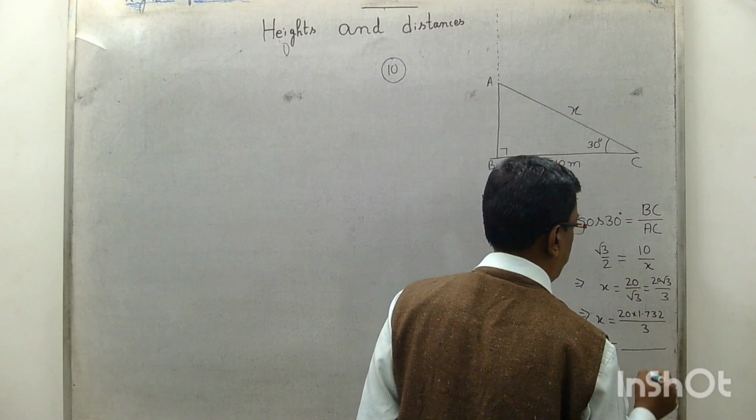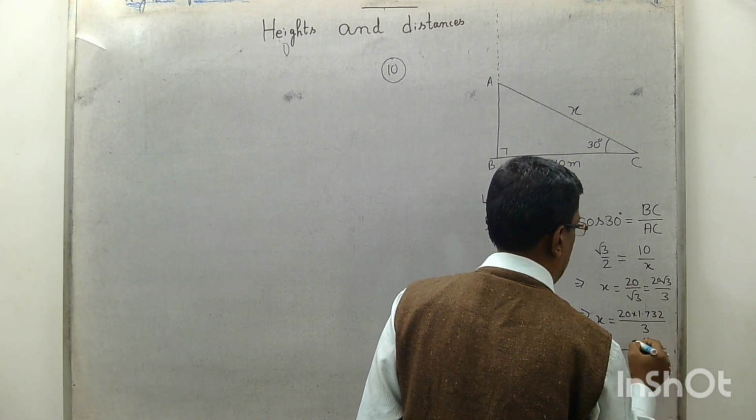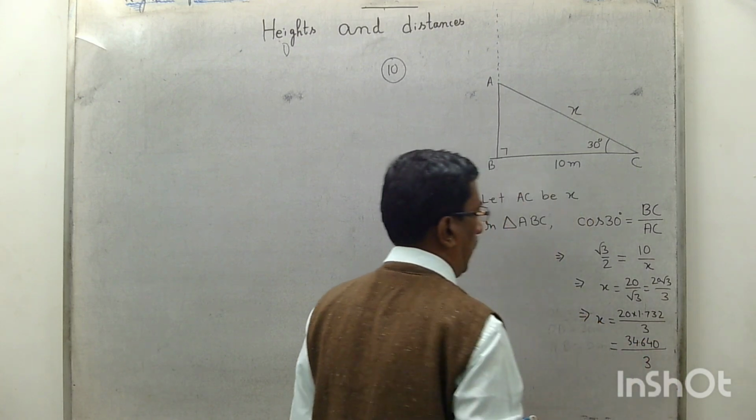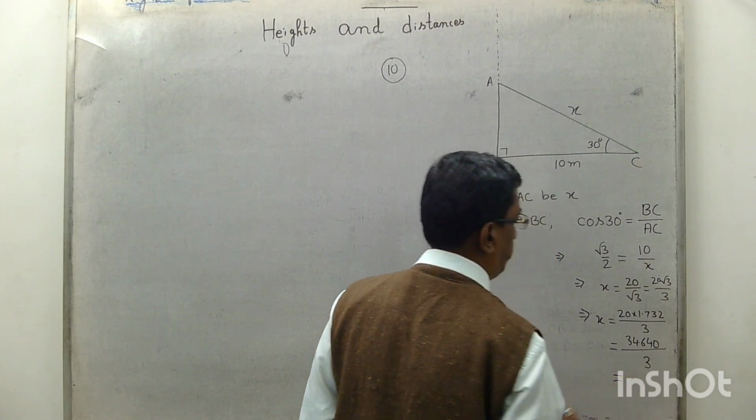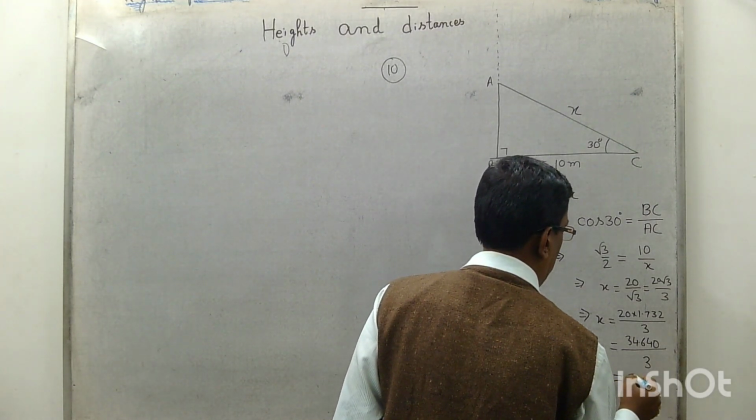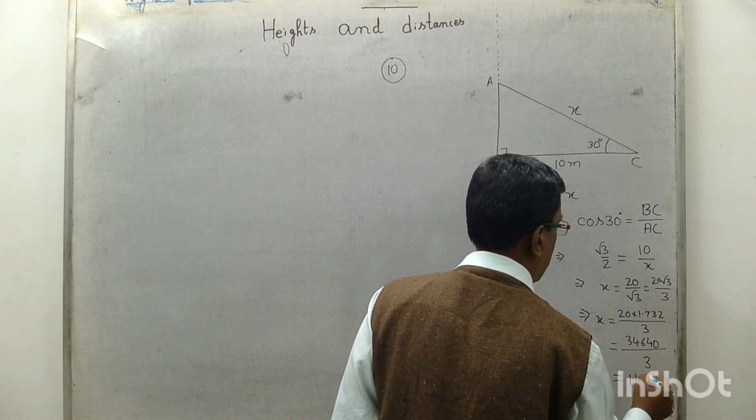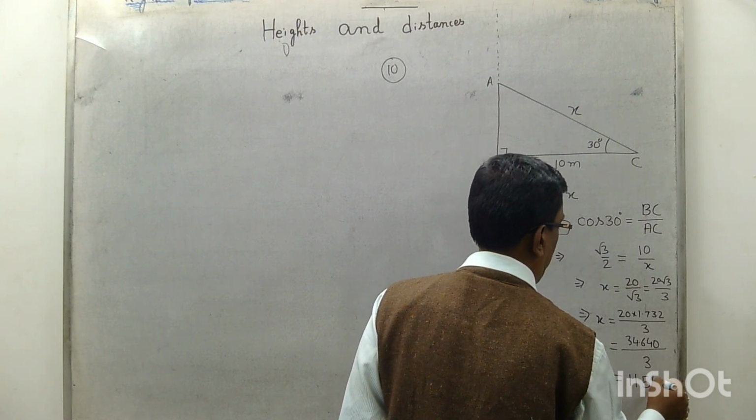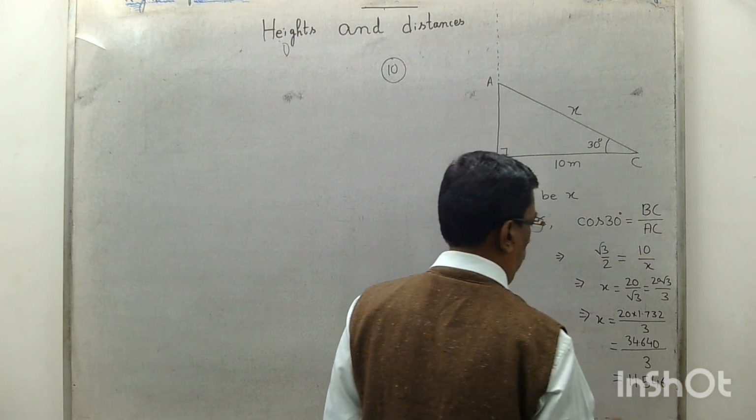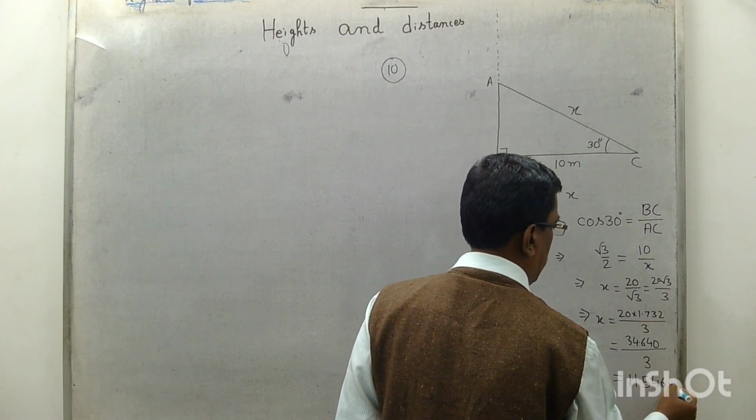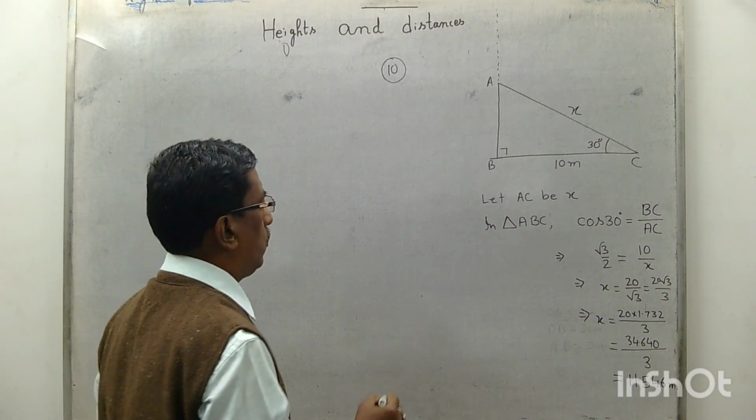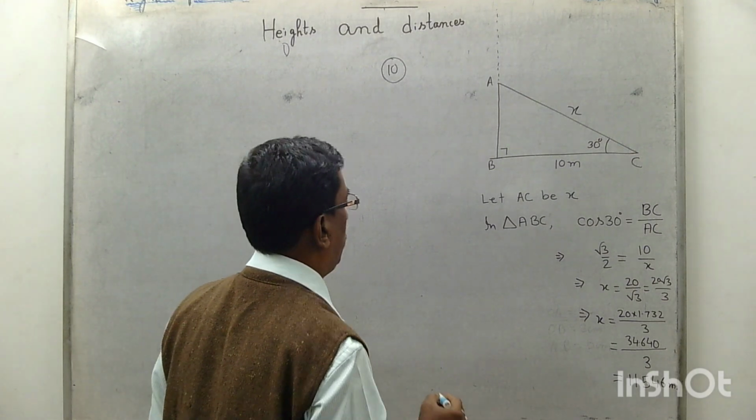That means 20 into 1.732 is 34.64. And dividing by 3 we have almost 11.546 meter. So the height of the tree means height of the tree